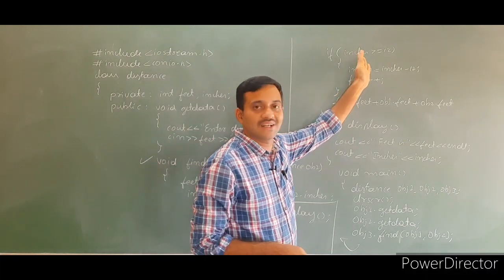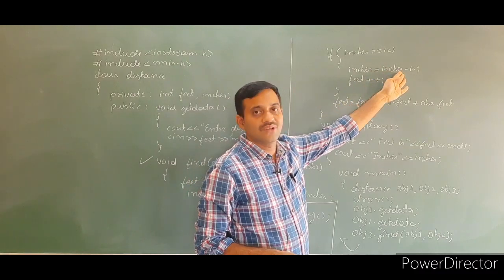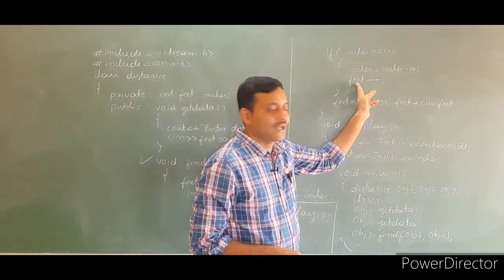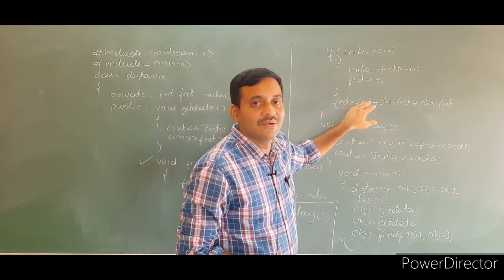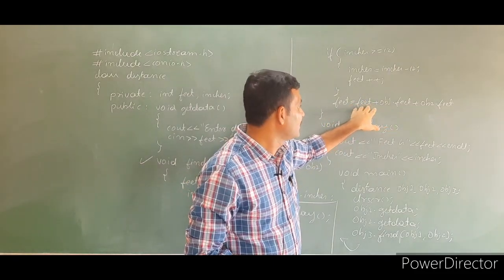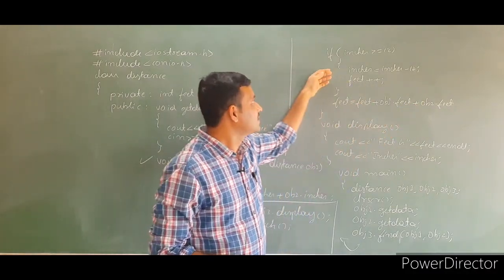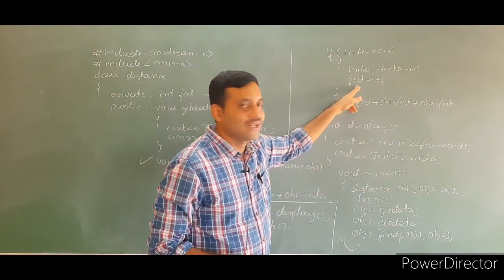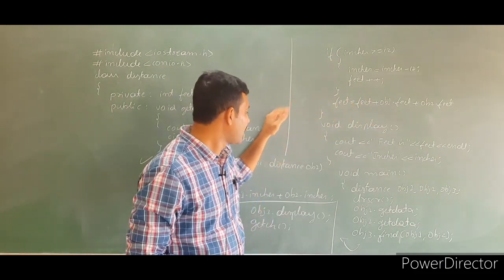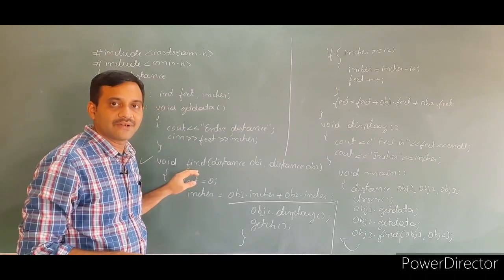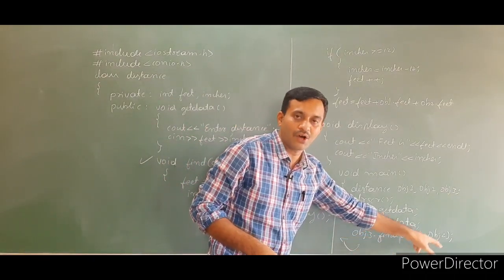verify if the inches is greater than or equal to 12. If it is greater than 12, then we reduce by 12. Then at the same time we increase the feet. Finally we calculate the feet by adding object 1 dot feet plus object 2 dot feet. If inches is greater than 12, the feet value increases, that is also added here. Finally call the find function using object 3 by passing object 1 and object 2.